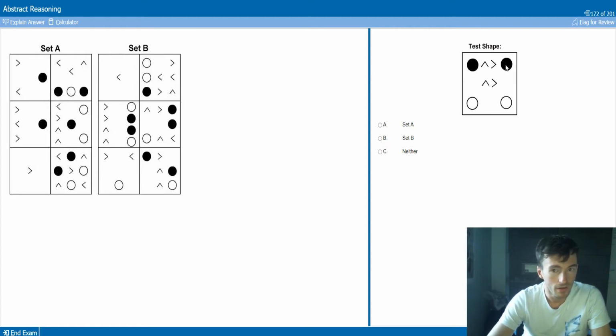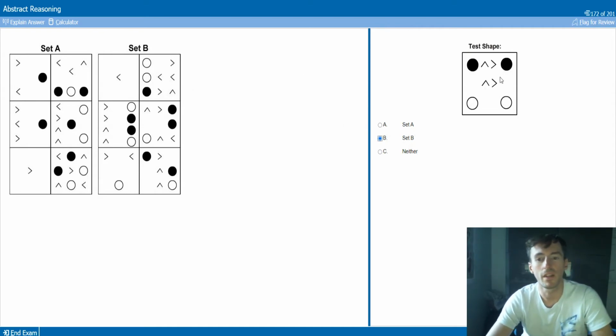But here, we have 2 black ones and 2 facing to the left. But let's not confuse the rules, because in set B, the black ones make them face down. So this is actually neither, because if it was... oh no,